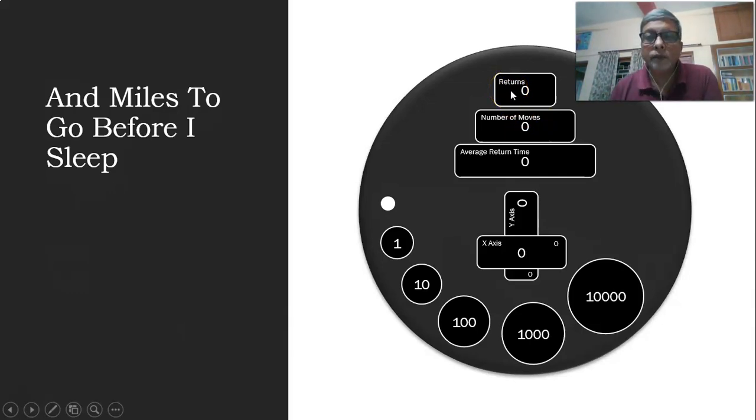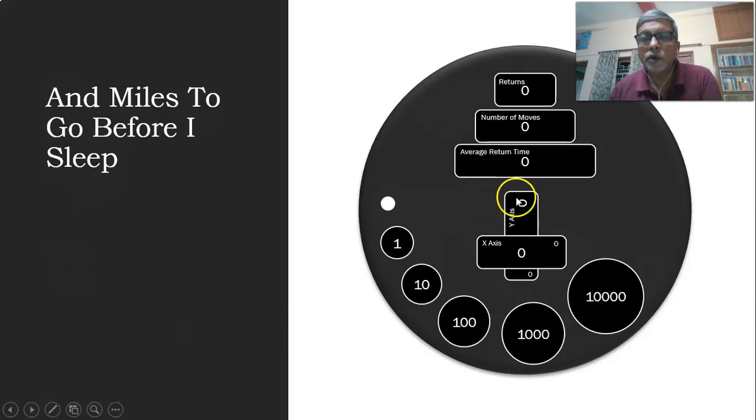So I'm moving with 1/4 probability 1 unit rightwards in x-axis. With 1/4 probability, I'm moving 1 unit leftwards in x-axis. With probability 1/4, I'm moving 1 unit upwards in y-axis, and with probability 1/4, I'm moving 1 unit downward in y-axis. So I'm doing a simple random walk on the plane, and I'm counting the number of